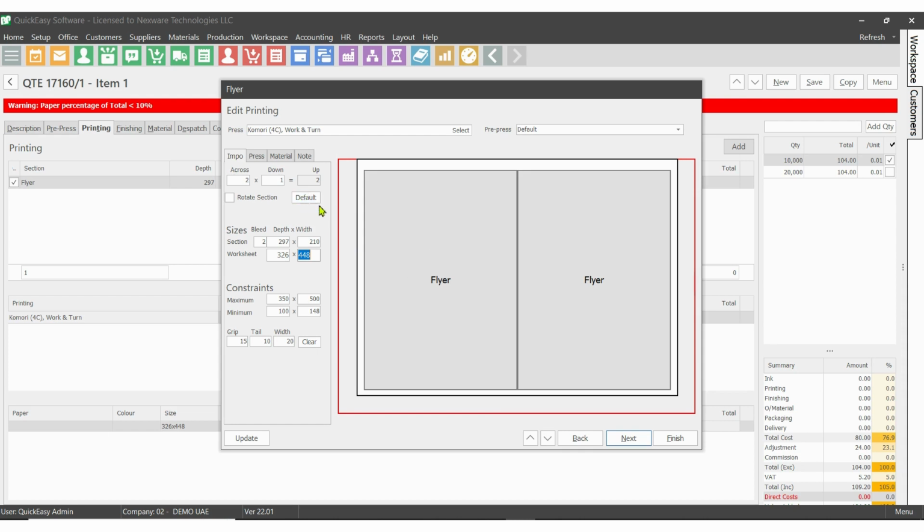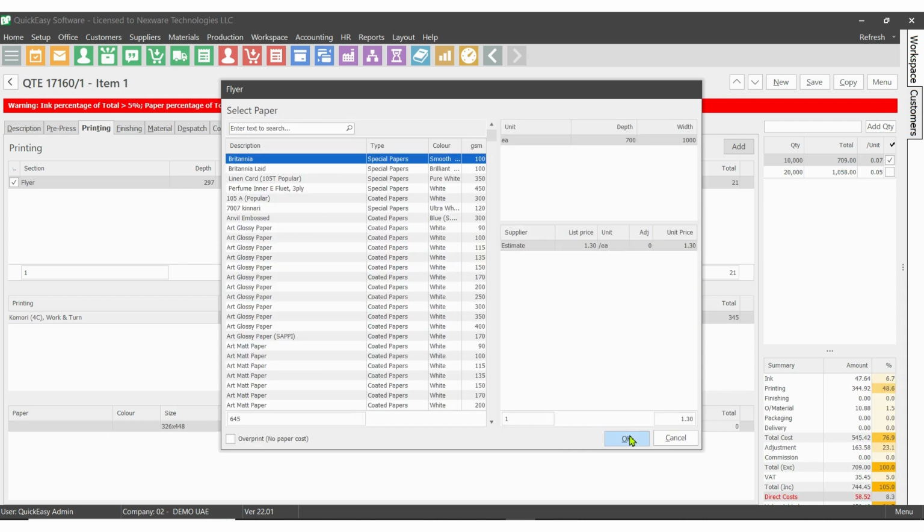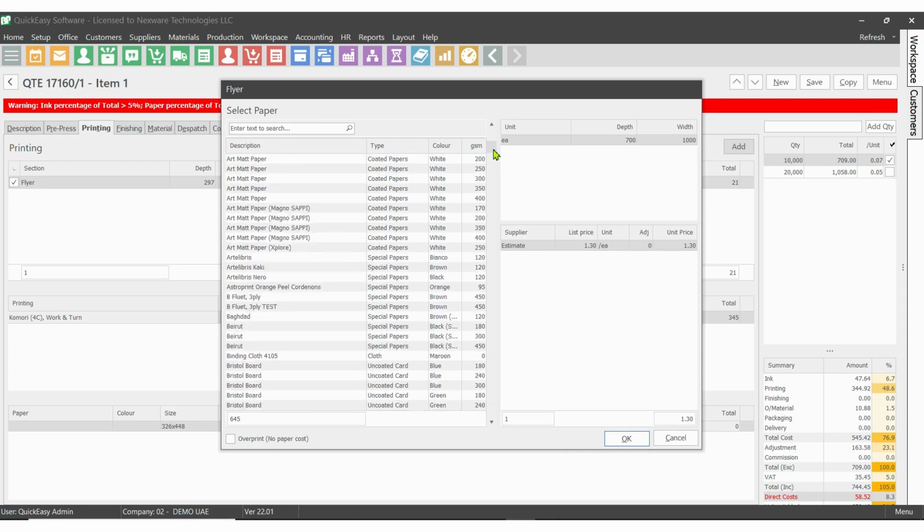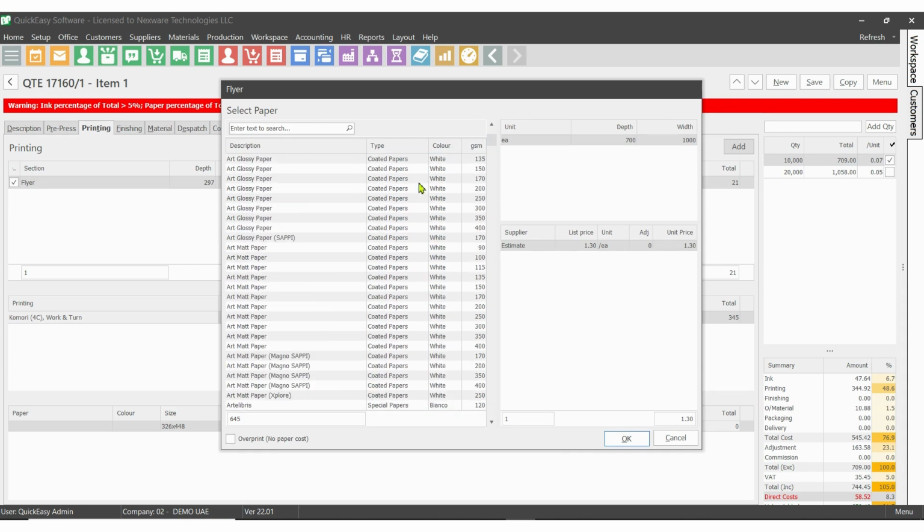Now I'll go to next, and it will show me the papers available in my library or inventory. Here in QuickEasy we have a paper library, where we can manage all your papers based on different suppliers. In this window you can filter based on the categories and subcategories of the paper. If I want to filter only coated paper,